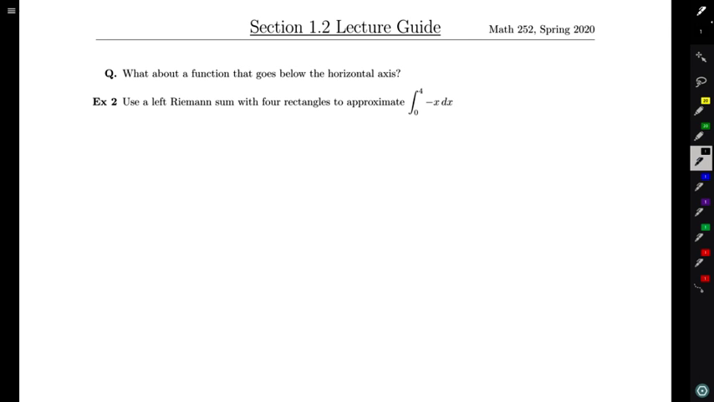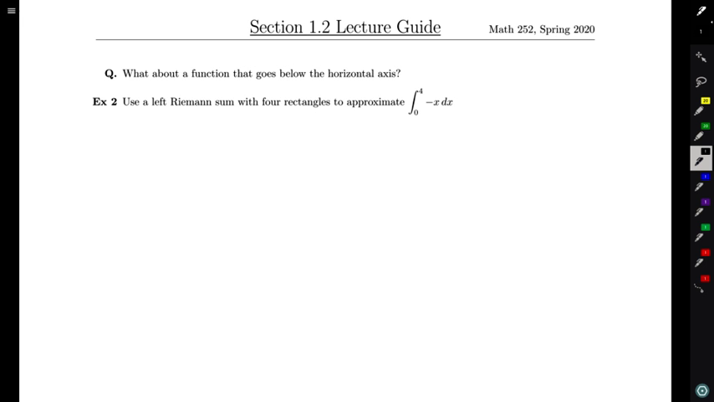You might have noticed that so far everything that we've talked about has been about functions that are positive, functions that are living above the x-axis. So now we want to answer the question of what happens when we're talking about areas of functions that go below the horizontal axis. What kind of picture should we have in our mind, and how should we actually go